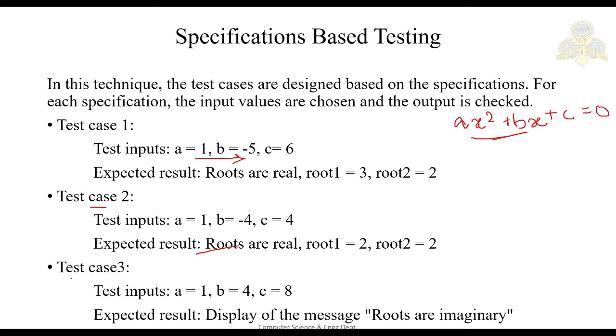So you have to choose inputs like that. Whenever you give input as a is equal to 1, b is equal to 4 and c is equal to 8, you will get an expected result: roots are imaginary. Okay, so in the specification based testing,